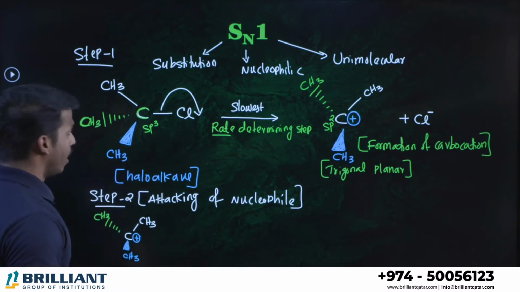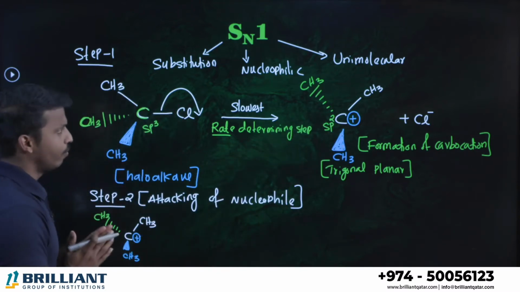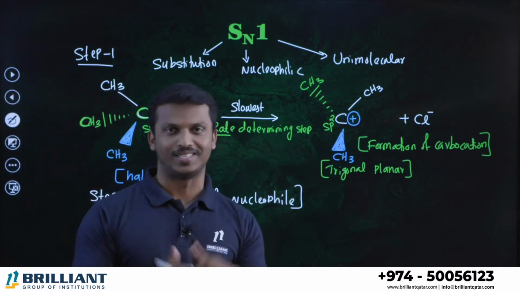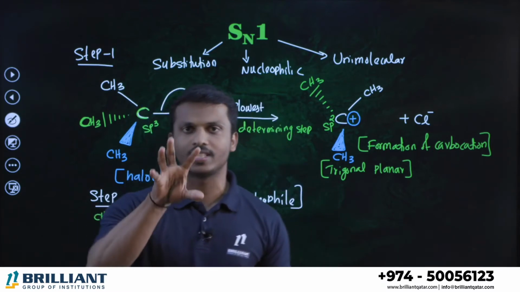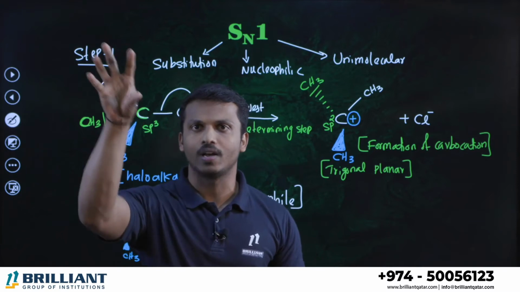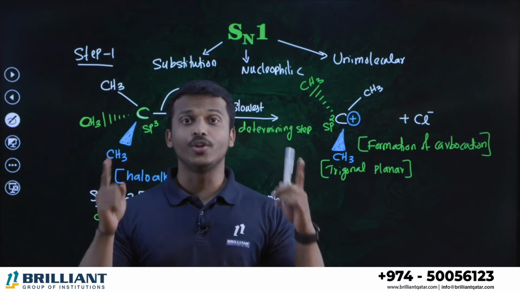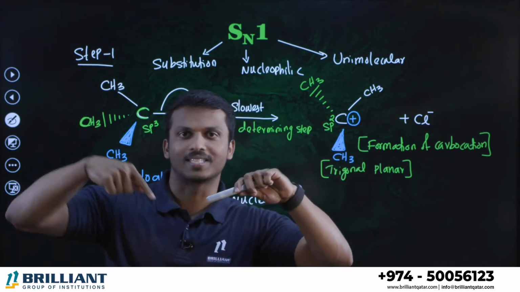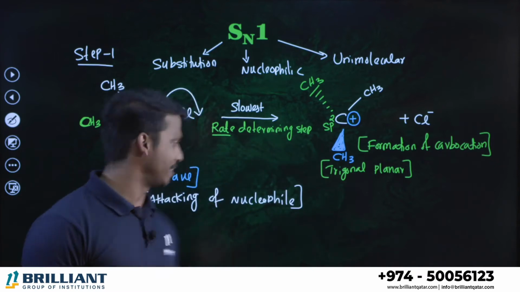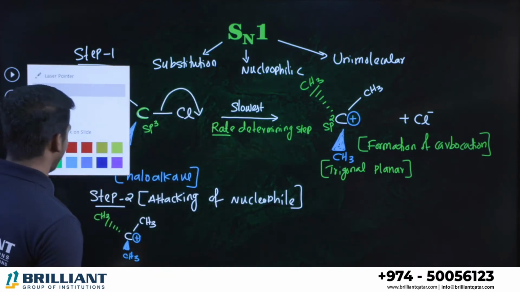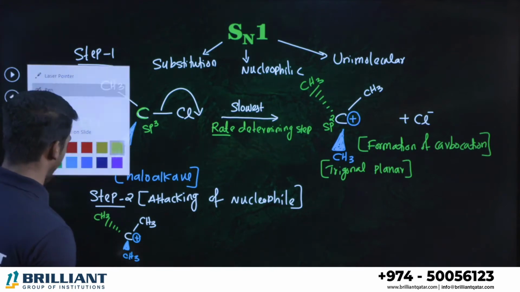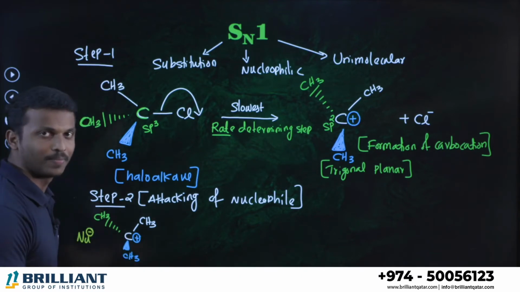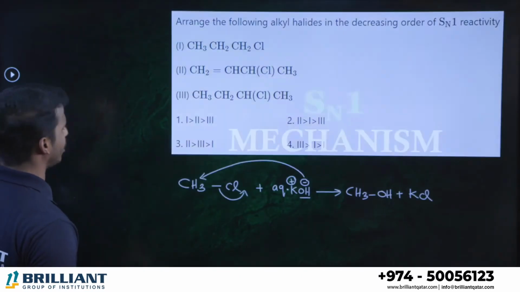Let's go to the second step. The carbocation is ready, so we can welcome the nucleophile. Here, the nucleophile can attack in two ways. This is the carbocation, C+, with a methyl group, methyl group, methyl group. The nucleophile can attack either from the front side or the back side, or right or left. Let me express the nucleophile as Nu minus. In the previous discussion, we covered what a nucleophile is.